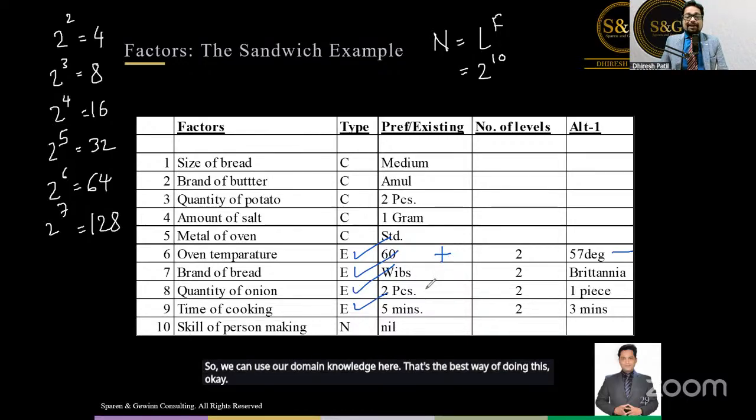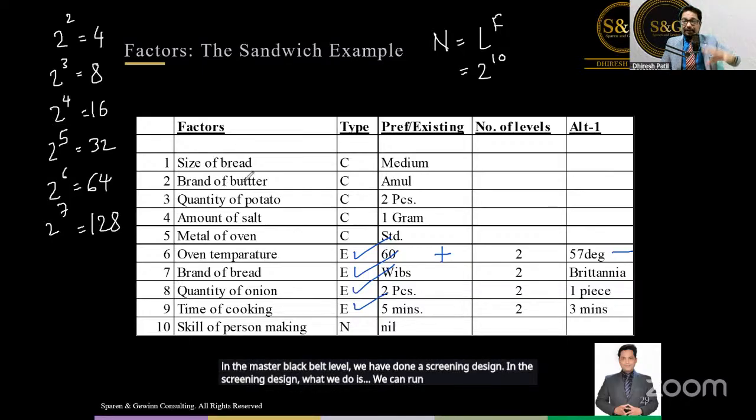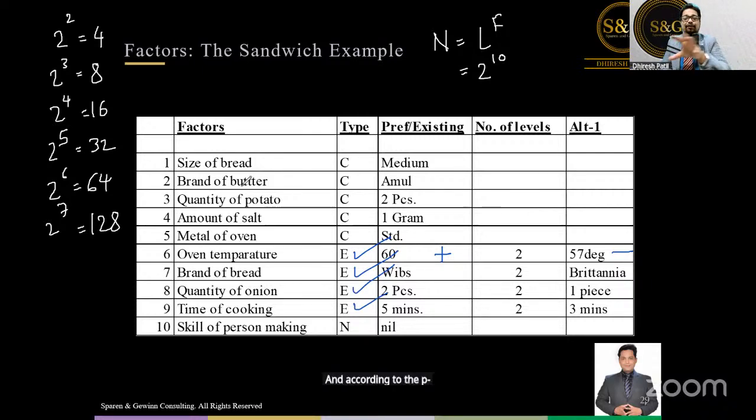In the advanced level of design of experimentation, in the master black belt level, we have done a screening design. In the screening design, we can run the experiment with 10 factors, and according to the p-value, we can decide which factor is a critical factor, and then we do the full factorial design. So that is also one strategy that is discussed in the master black belt level. Anyways, coming back to this, so they have decided,